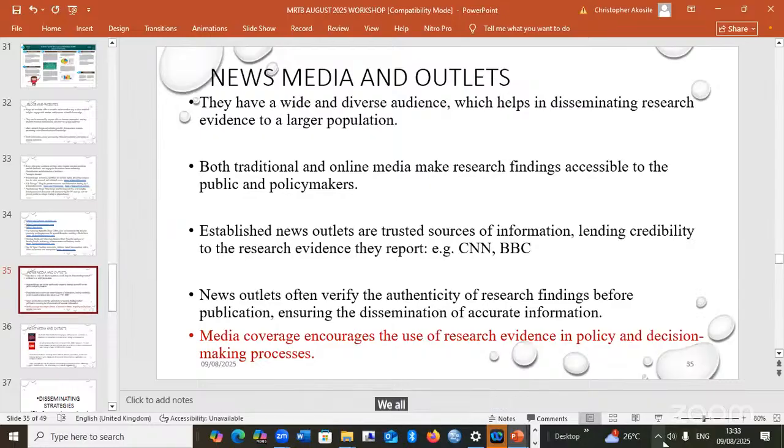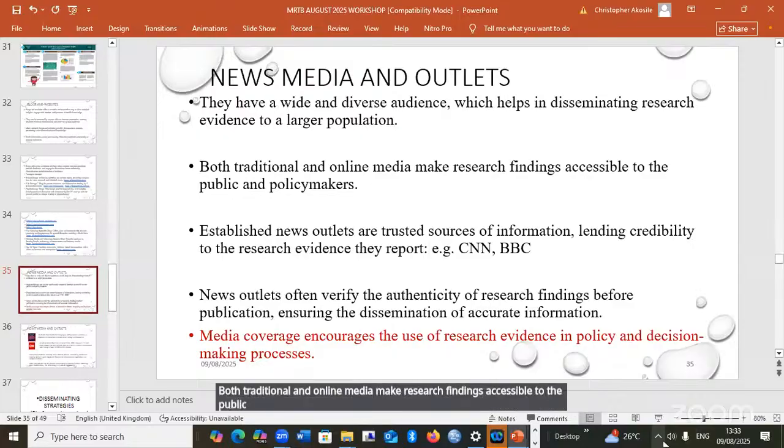We all know how these outlets have the opportunity to reach a wide and diverse audience. Both traditional and online media make research findings accessible to the public and policymakers.